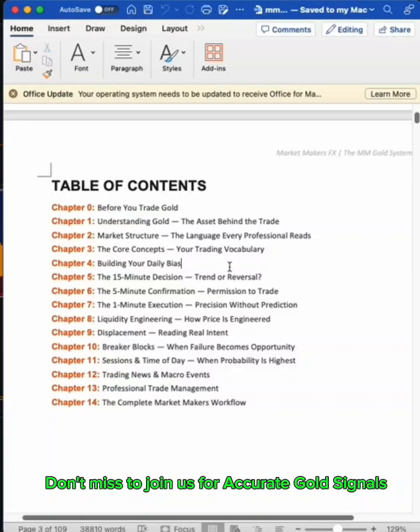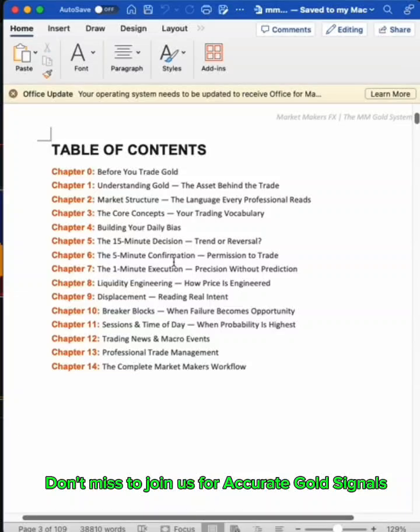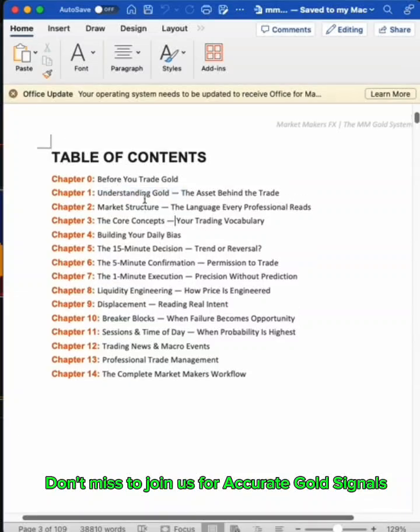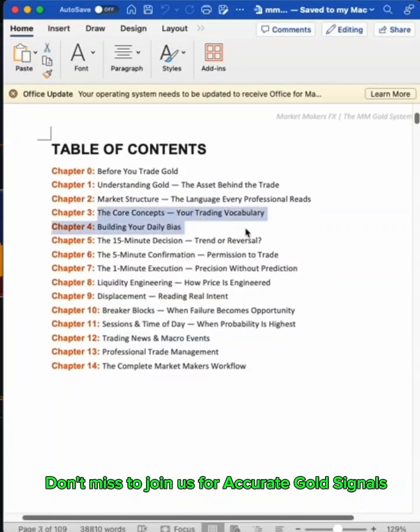So of course, we will start with mindset, and then we will continue with understanding gold, understanding the asset that we are trading, what drives gold, and the type of movement that gold produces. Of course, geopolitical factors and economic macro factors that drive this asset class that we'll be trading. Of course, we will cover market structure and price action. We'll cover my core concepts and the rules behind these concepts,